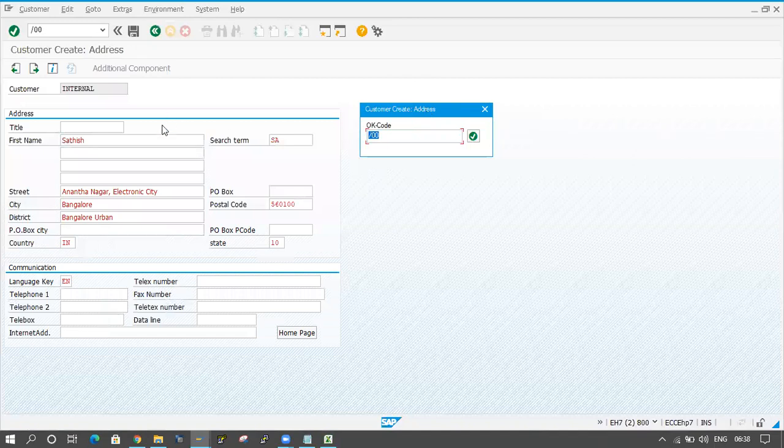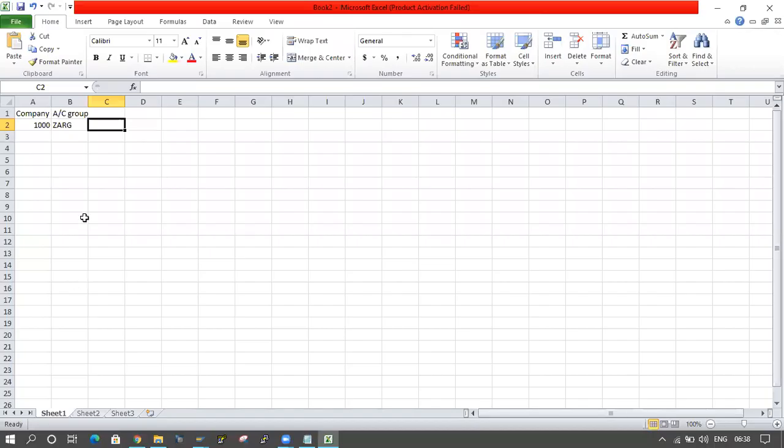Here they have entered the data in the name, search term, street, city, postal code, district, country, state, and language. Fine, I will enter those things.